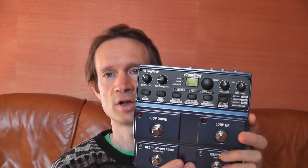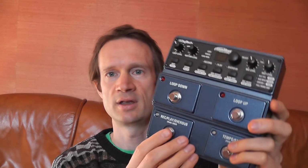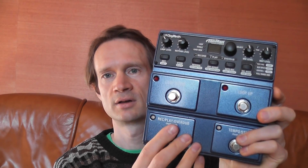So let's get to the controls. Oh, before I go on to the controls, there are many people on the internet that complain that they don't like the click sound, that the click sound is too loud on these. Actually, I like the click sound, because for this I had and returned a Boss RC30, which is a similar pedal in many ways, not in all ways, but I found with the Boss,